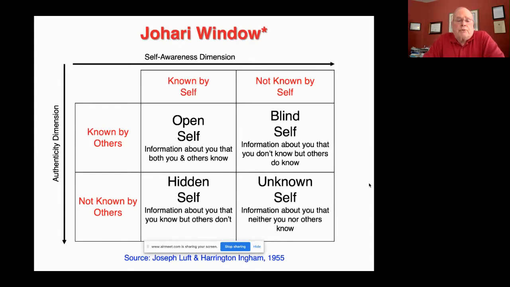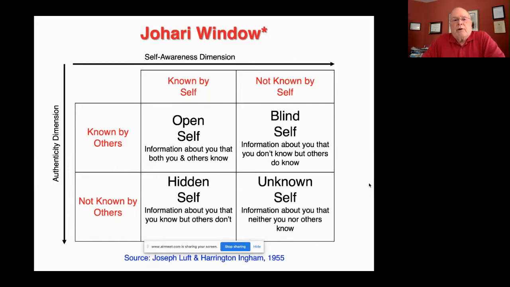It's also used frequently in team building training, where they would have all the team members, intact team members, create windows like this for themselves and then share that and so on, using it as a team building exercise. Or it can be used for team leader training, again, in terms of looking at the four window frames, or the four window panes here.